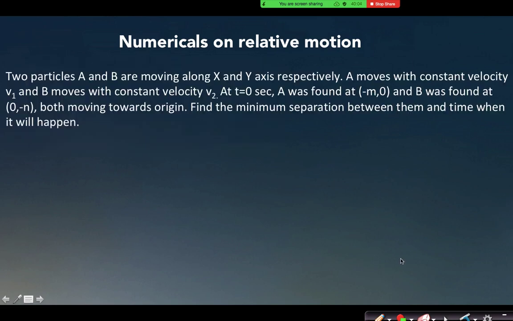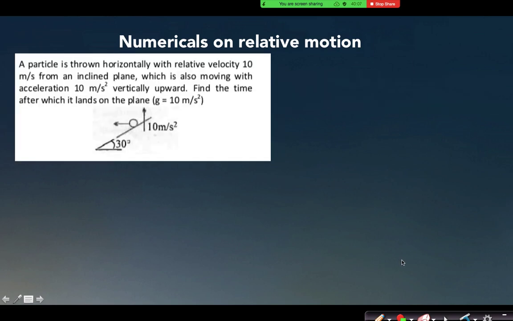Okay, before coming to this question, just try to solve this one. As you can see in this question, two objects are moving. One is the ball, another is the inclined plane. And it is very simple, we will take the inclined plane to be at rest, right? Then with respect to the inclined plane, I will find all the initial vectors and the acceleration, whatever it may be.